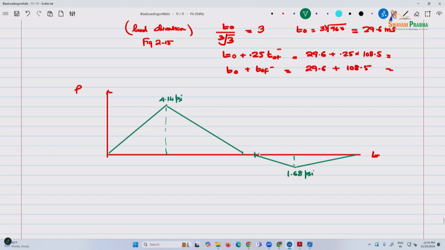T naught was 29.6. And so the other numbers, I think this was, I don't know what these numbers were. So 138.1. And these two were, I think,